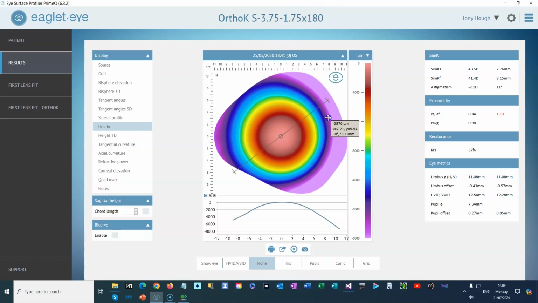And we have this twiddler, and when we rotate it, it draws what I understand to be a profile of the sagittal height along the selected meridian, like that. I also note over here that we have the SIM-K values, the simulated keratometry, which in this case is 8.15 by 7.76. And I'm going to deliberately rotate this twiddler to a point somewhere around there,